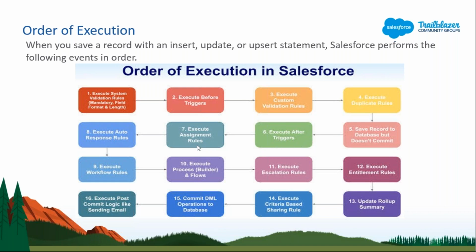Then it will go and execute the assignment rule. I have already mentioned that an assignment rule is nothing but the assignment of your task. Whenever you create any task and assign it to someone, it will check that assignment rule. If the transaction is performed on the task object or any other object which is creating or updating the task, then it will assign that task to a particular user. And then it will go and execute the auto response rule.